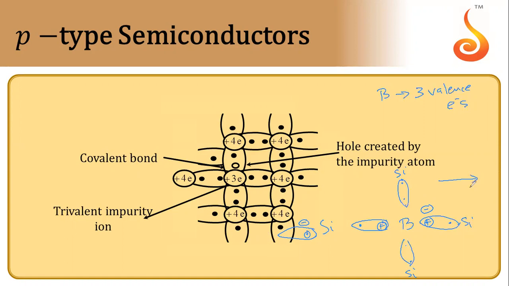Now, when you apply the electric field, this electron will move here. So initially, this hole will get filled here. So we will again say that the hole has moved from here to here. So again, due to application of electric field, this will be the direction of motion of hole, and this will be the direction of motion of electron. So again, the total current will be due to hole current and electron current.